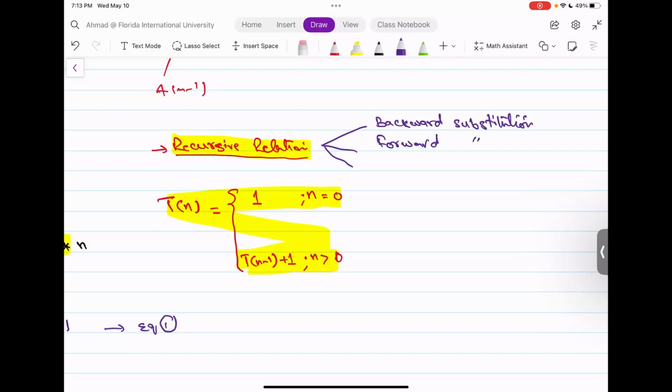The third way is called the recursion tree method. And there is another way, which we are obviously not going to learn here, called the master theorem, a theorem to find out the recurrence. So in this course, we are just going to focus on backward substitution. I'm going to use this backward substitution method to find out the time complexity